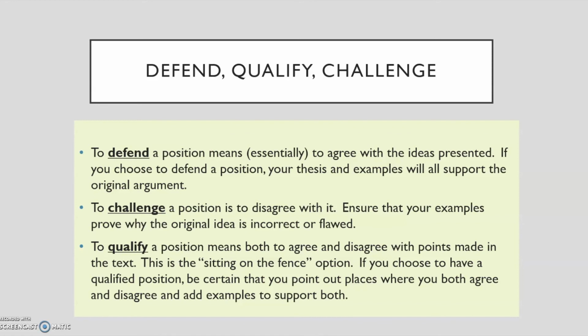Now let's dig a little deeper into what these terms require you to do when writing an argument. When you defend a position, your writing will support what the author is trying to say. Your goal is to find at least 3 specific reasons that prove your defense. You will want to incorporate textual evidence, paraphrase, summarize, quote, to support your position, and then logically explain why the